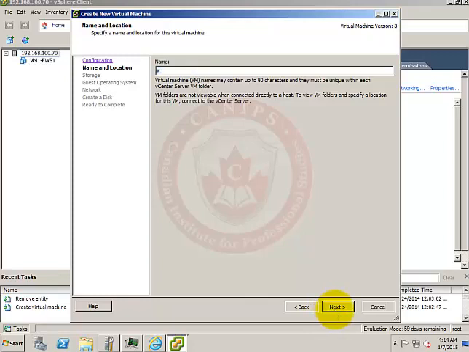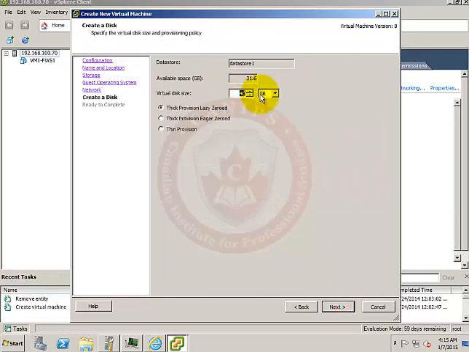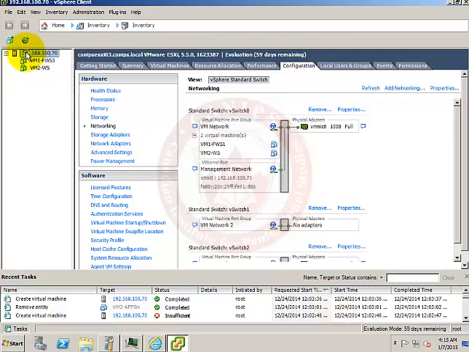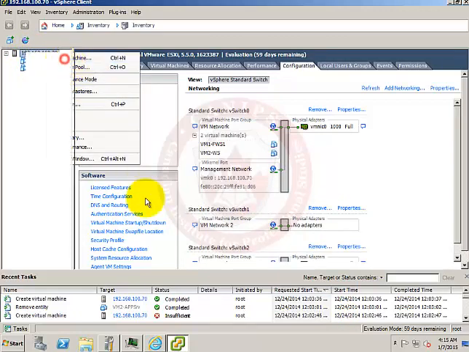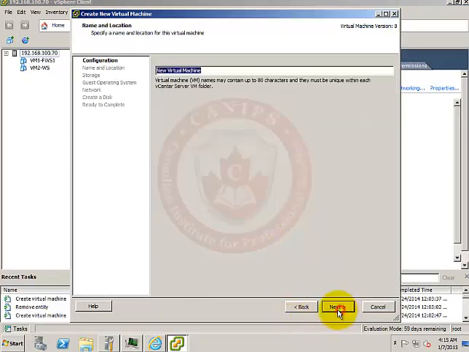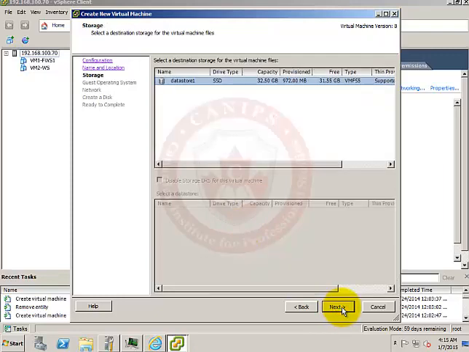Now, so this is VM2 dash web server. Next, here I'll just give 2 GBs to this, and thin provisioning. Next, and this is my third VM. Oh, I remember, because I just clicked next. It tried to do thick provisioning last time, that's why it gave the error message. So VM app server, this is our app server, and next